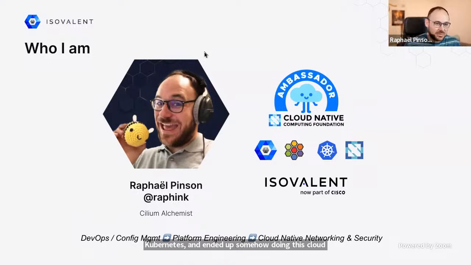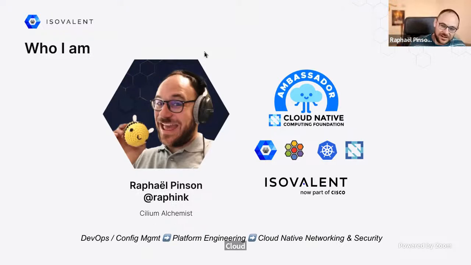So I think I understand a bit of the pain of coming from the sysadmin slash cloud architect slash platform engineering world and having to learn this whole networking stack